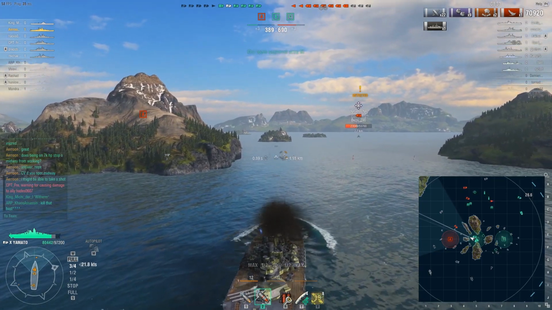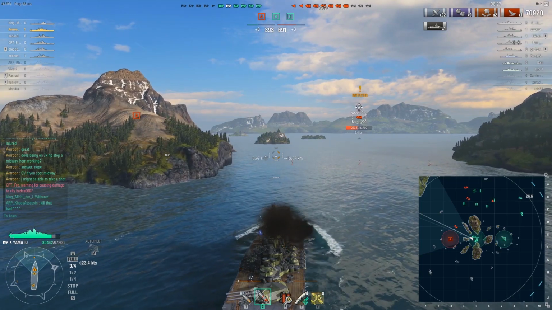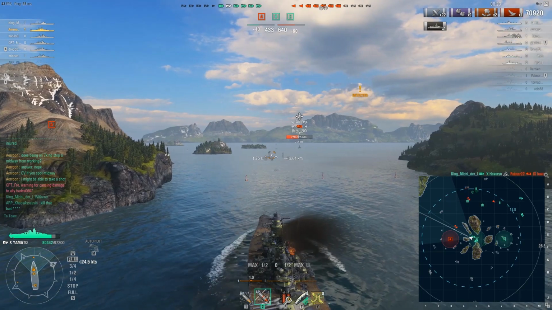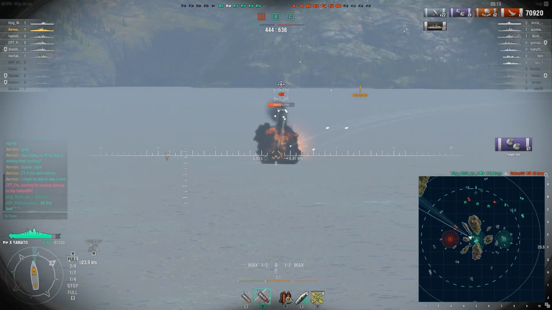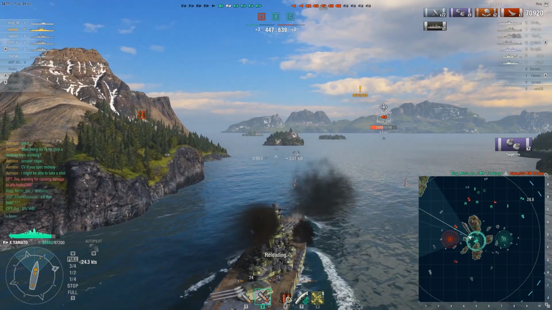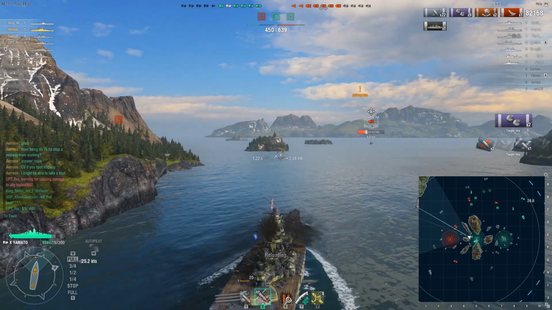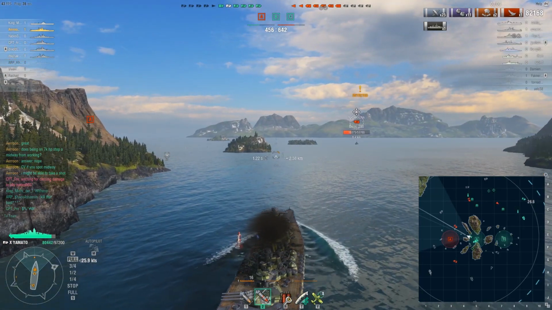But anyways, I'm gonna head towards the A-cap, although I don't really want to go full speed, because if I go straight into the A-cap from here, if the Northcal is alive, she can try to citadel me, and that might hurt. And I think that in this current match I want to take as little damage as possible